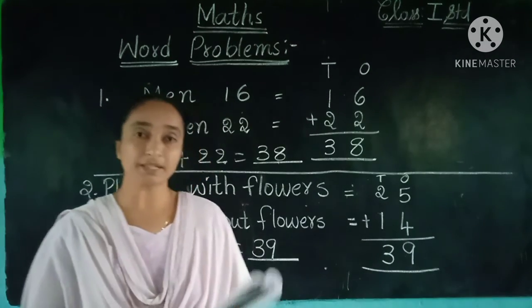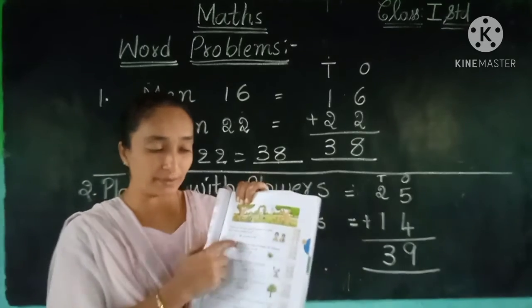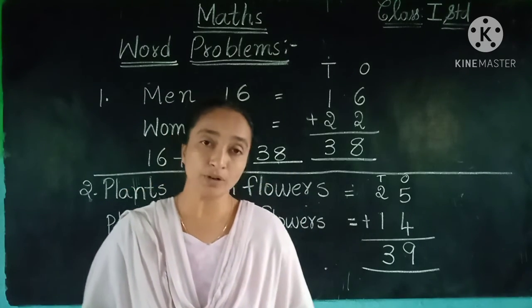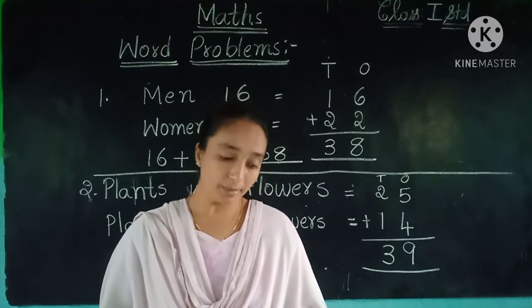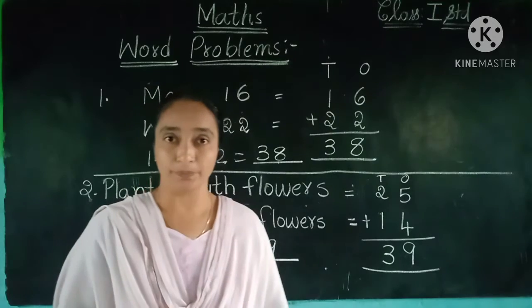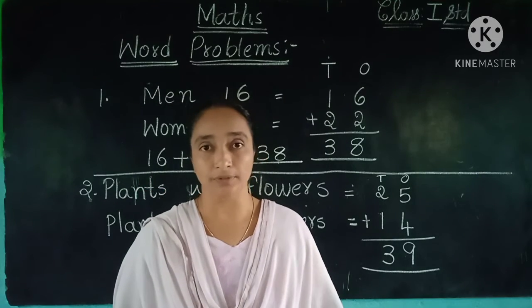So here we have completed the 2. So 2 has been completed, children. So let us see one more example. Then you will have the remaining 2 sums you should do on your own. Okay, children. Let us see the third one.